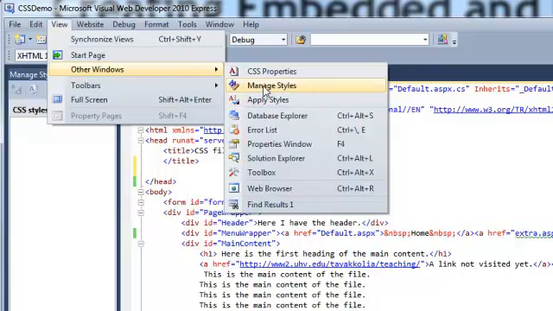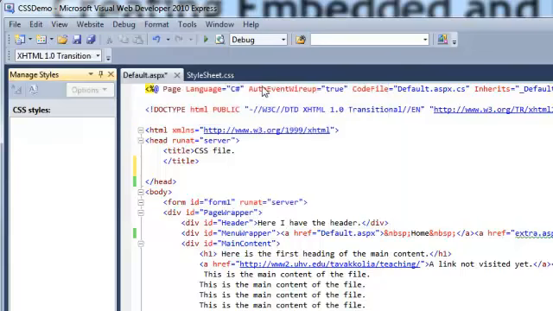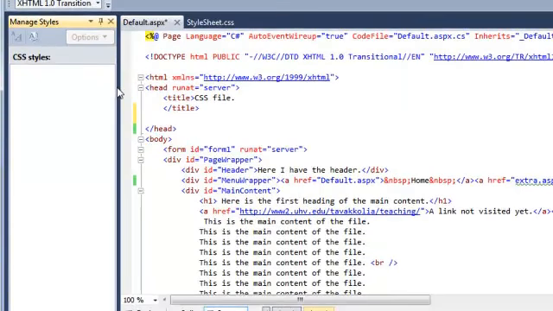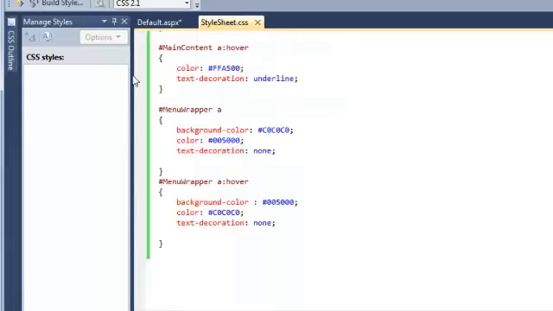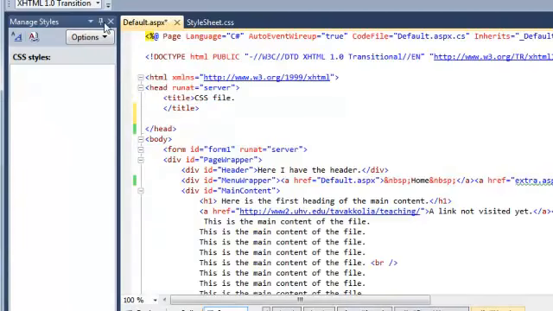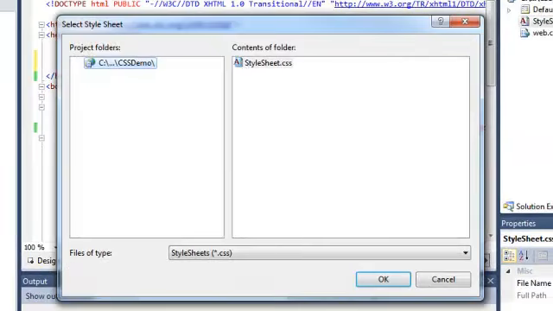What you need to use is the Manage Styles window, and when you click on it, it basically opens the style sheet. Now that you have your Manage Styles window open, I don't have any styles open yet, so click on this Attach Style Sheet button,